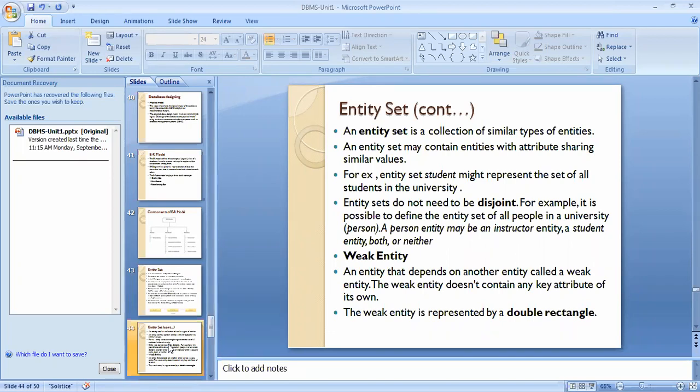Okay. Are you clear with the concept of disjoint? Yes or no? It's one of the important concepts. Yes, reply fast. Yes, no. May I repeat? Yes, ma'am, repeat it. Okay, thank you.